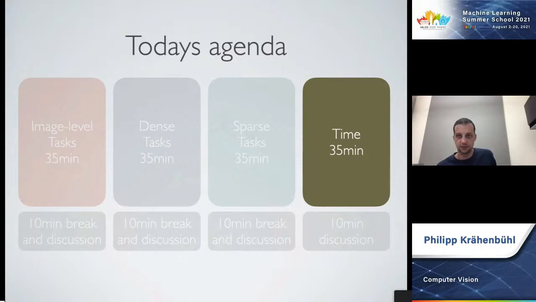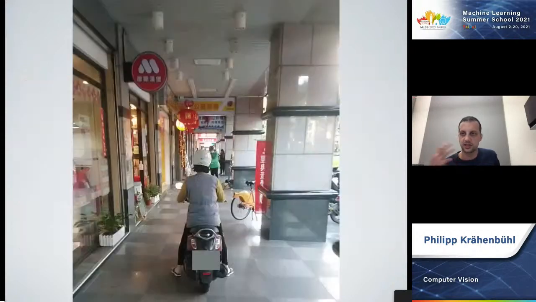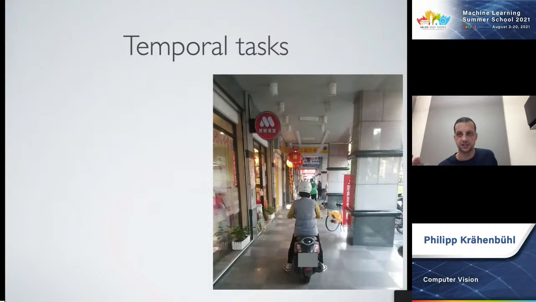And really what we want to do is figure out first what tasks we could do that are of interest in videos. And then we'll look at how we can solve these tasks. Here we have essentially video level tasks, which are mostly action recognition. If something is moving or changing in the video, the biggest question that we want to ask first is, what is actually happening? What is the change? What is the action that is being performed?